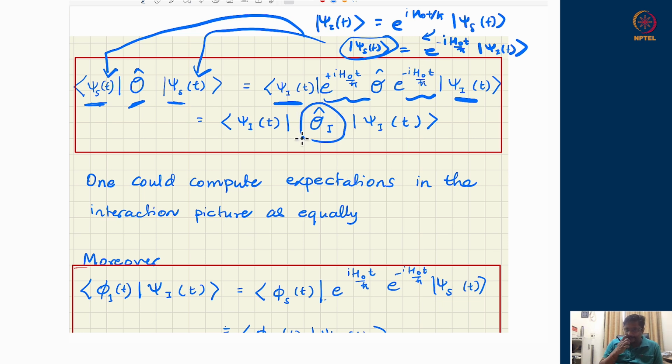the interaction picture operator. So if I want to know the expectation value, I can work entirely in the Schrodinger picture, or I can work entirely in the interaction picture. I just compute the interaction wave functions and the interaction operator. Their expectation value will correctly give me the expectation value of the operator in the Schrodinger picture. And it so happens in some of the discussions which we will have, doing the computation in the interaction picture is more convenient than doing it in the Schrodinger picture. None of them are different from each other, but mathematical convenience will be a guiding philosophy.